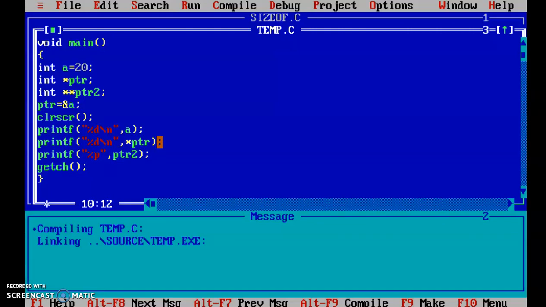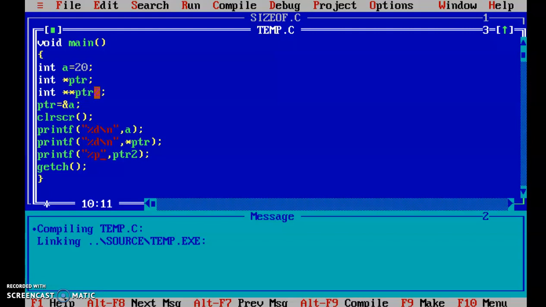Now what I want to print is the information which is stored into A. So what is the link? A contains value 20, PTR contains address of A, and PTR2 contains address of PTR.